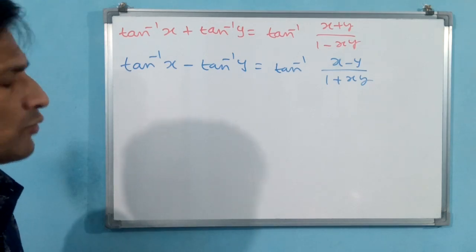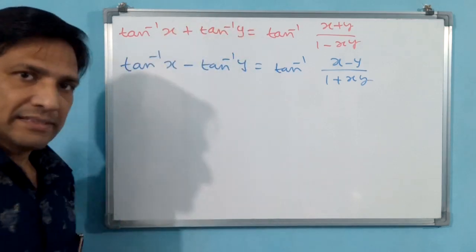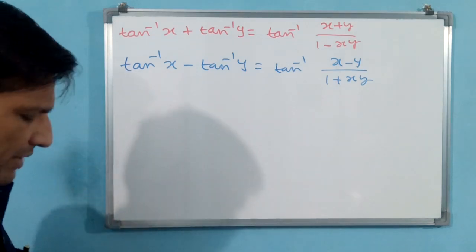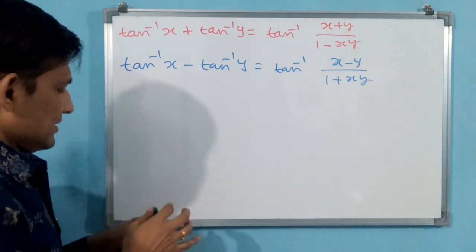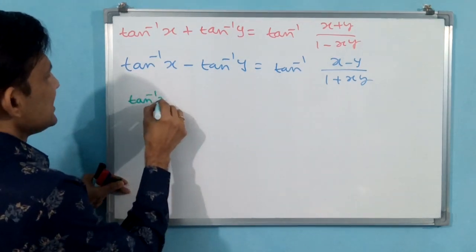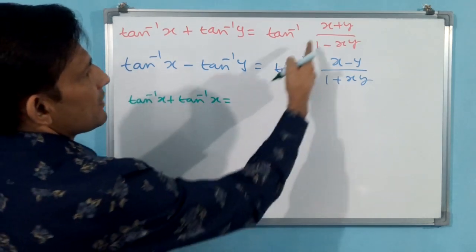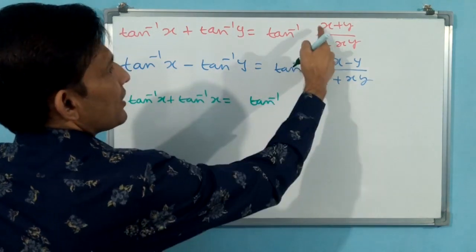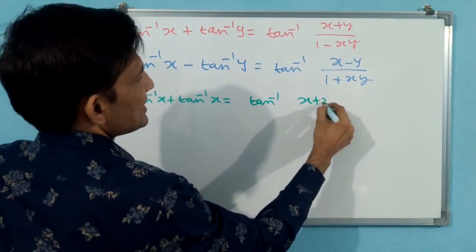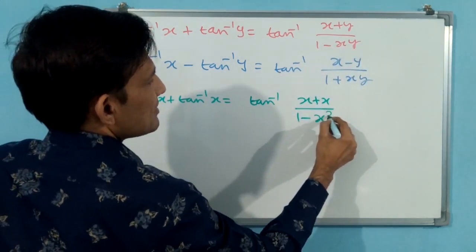Now, what I am going to do, by keeping this formula like this only, I am going to do tan inverse x plus tan inverse x, that means 2 tan inverse x. Is it okay? Again I am writing, you see. Tan inverse x plus tan inverse x is equal to tan inverse of (x plus x). Why? Because see, here y is there, y has come, x is there means x will come. (x plus x) by (1 minus x into x). Is it okay?